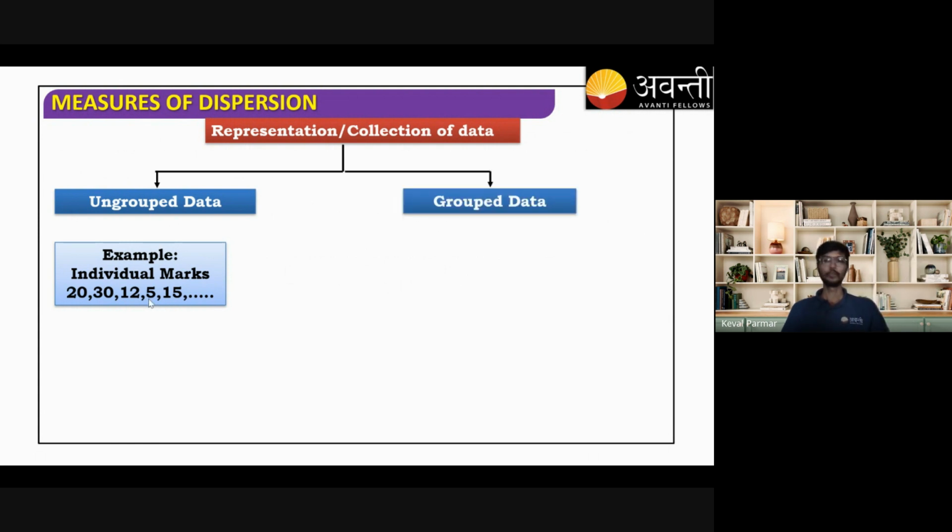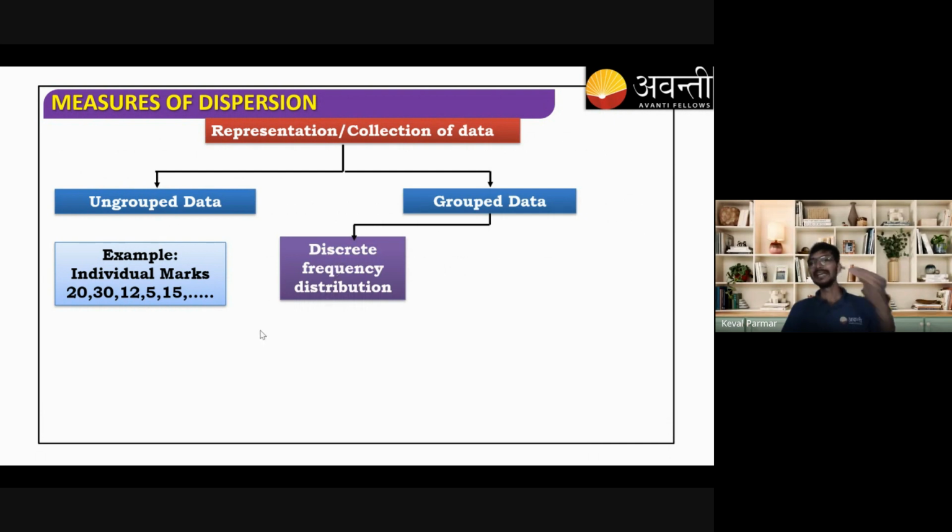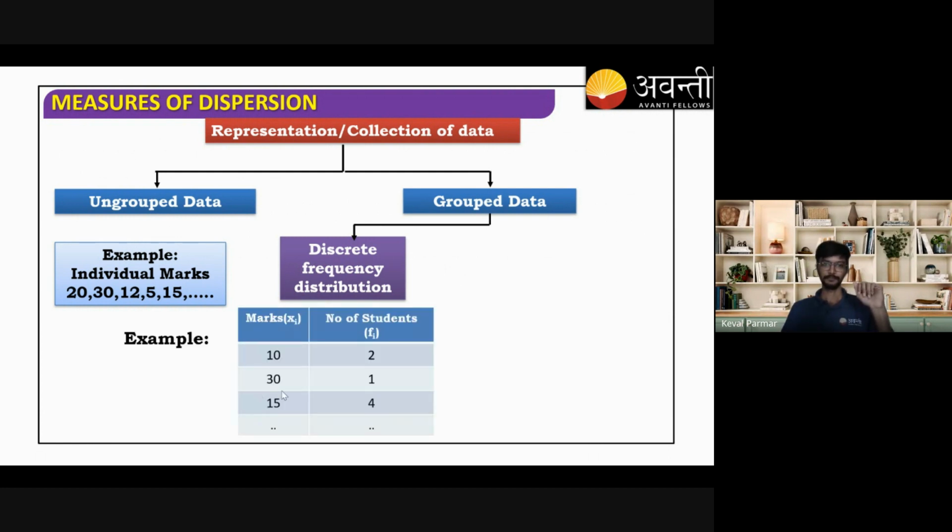After that, we have grouped data. Right? In grouped data, we have discrete frequency distribution. Discrete means every mark is written in a table and corresponding to it, we have a frequency. Like how many students have got these marks. Example, is this. Suppose marks 10. How many students got 10 marks? 2 students. Marks 30. How many got? 1. 15, 4. This is the discrete frequency. And next we have